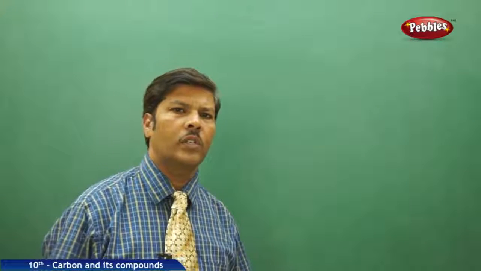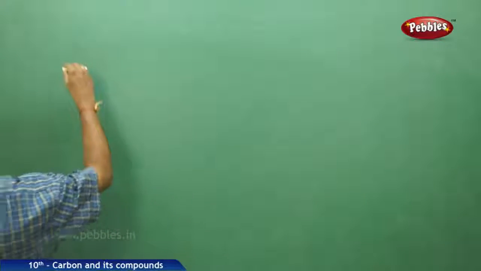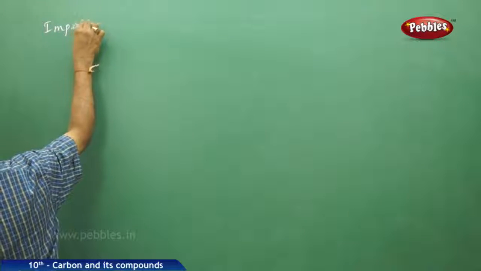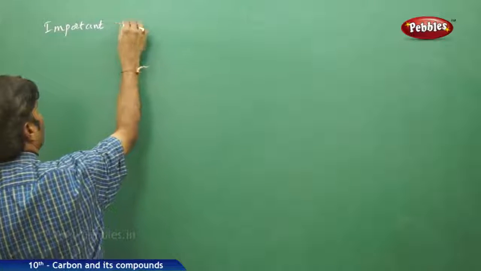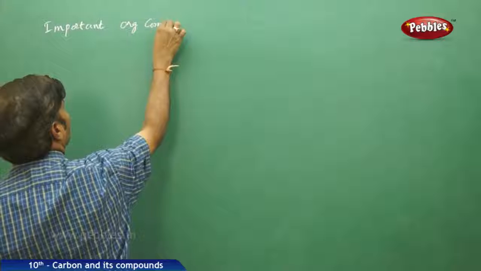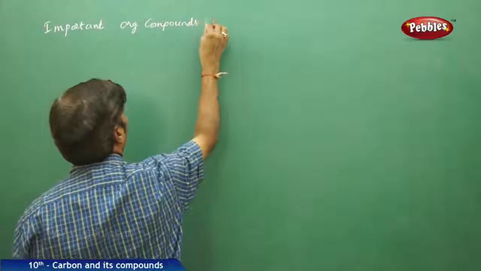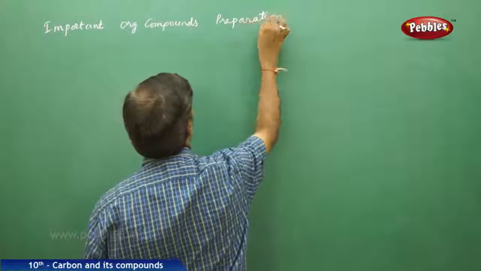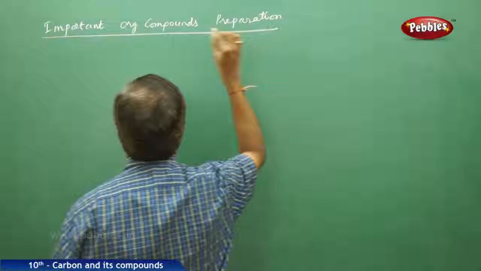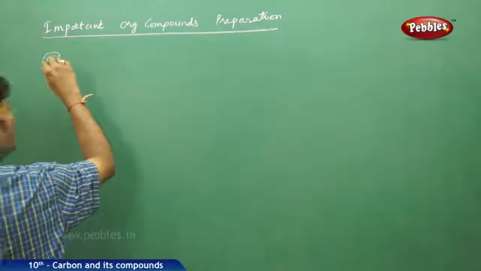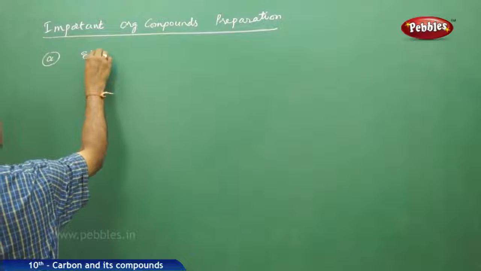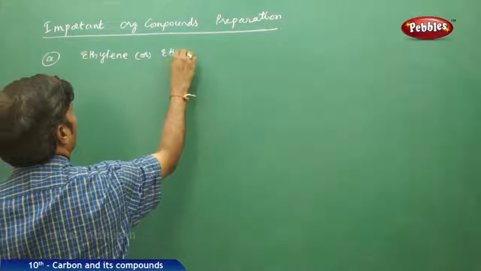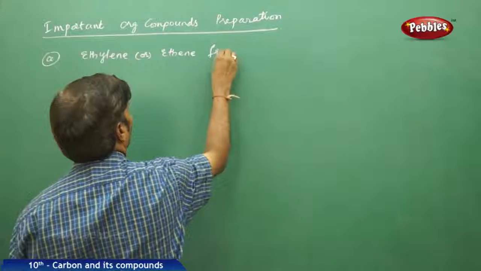So the next part of the discussion here is industrially important organic compounds preparation. One is A, preparation of ethylene or ethene from